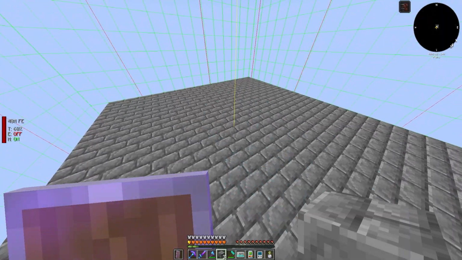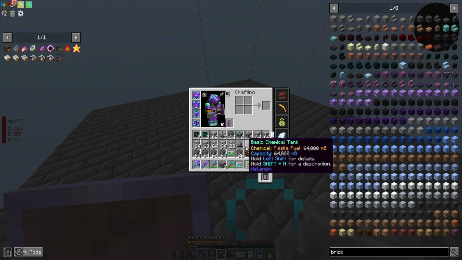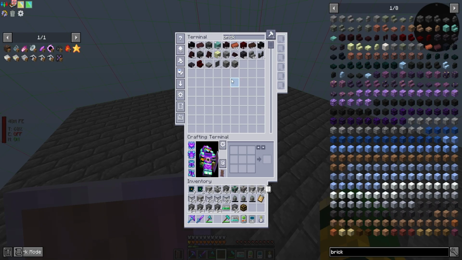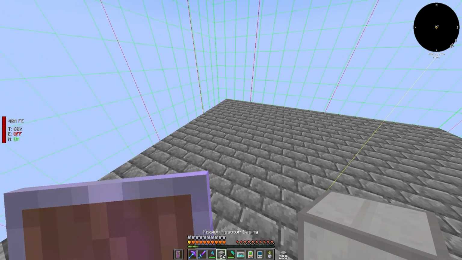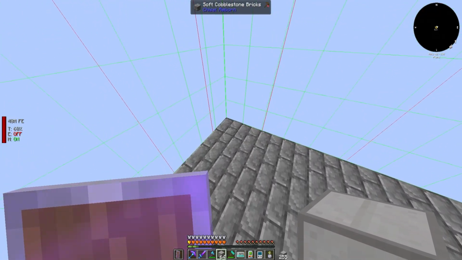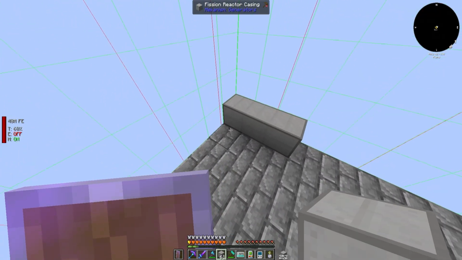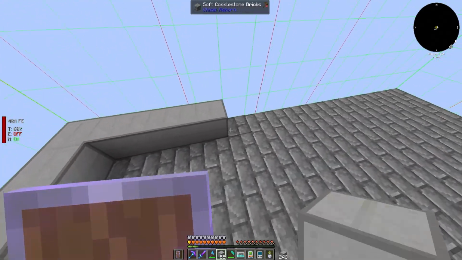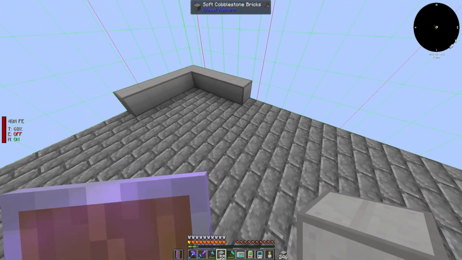I don't know how big we're going to make this. I don't know if I need to make it really big because I am doing a lot of AFK on the server right now. So I think we'll be okay if we go smaller. Let's start here in the corner. I am going to build all the way into this back corner, no big deal, because I'm going to put the ports and everything on the front side of it.